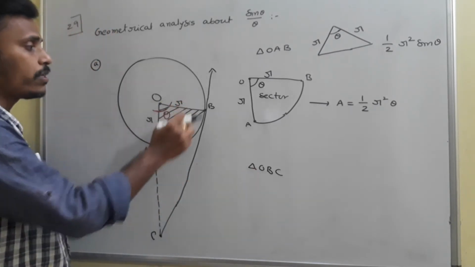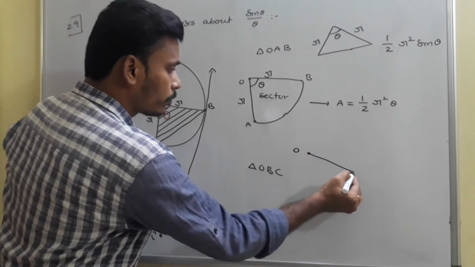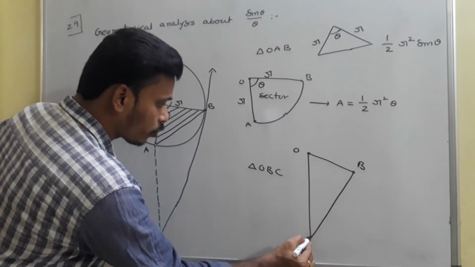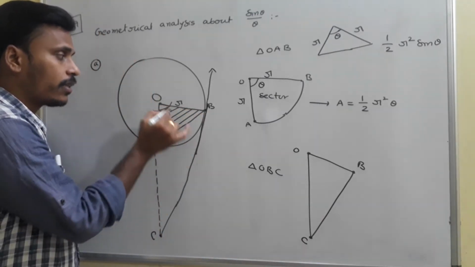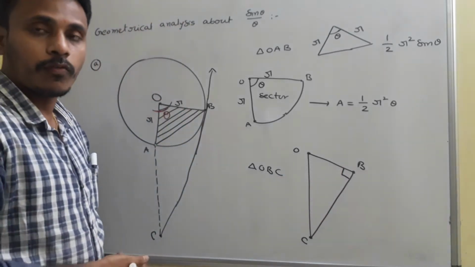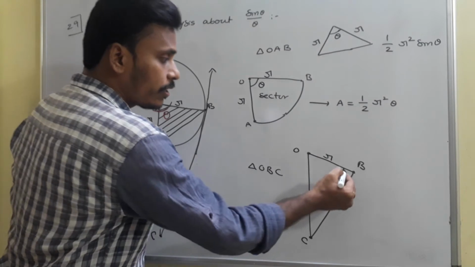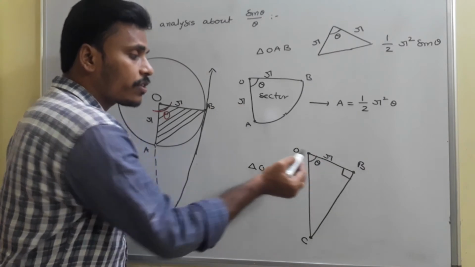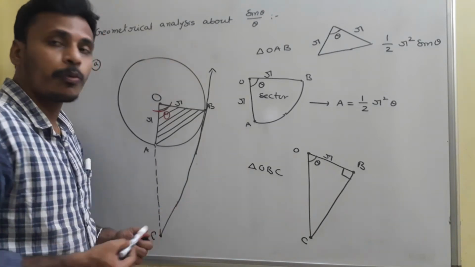And another triangle OBC is given. Just think about that OBC. Take O, take this point as B. Here we are considering it as a tangent, and if you join these two, this is C. This is the radius line and this is the tangent line. The radius line and tangent line are always perpendicular. That's the basic property of the tangent to a circle. This is radius R, and this angle is theta. Since this is R and this is theta, what can you say about the length of BC? BC is just opposite to theta.